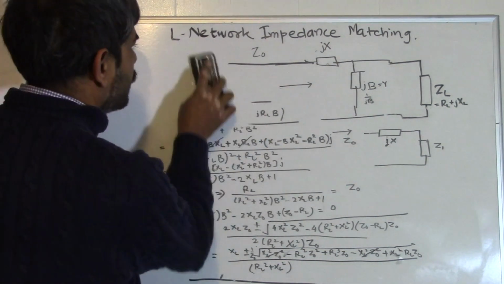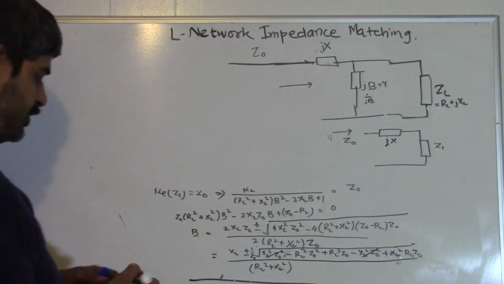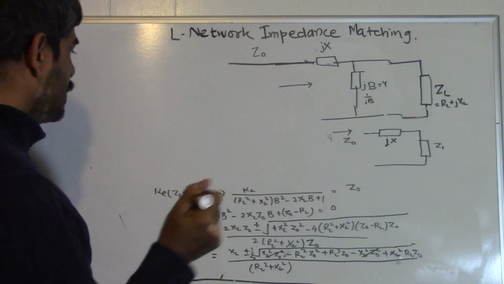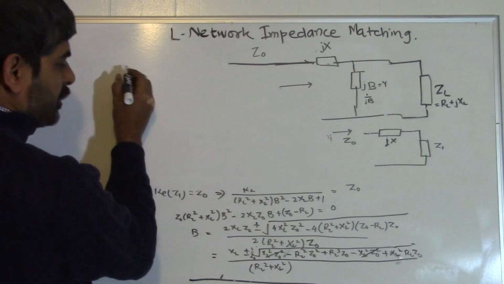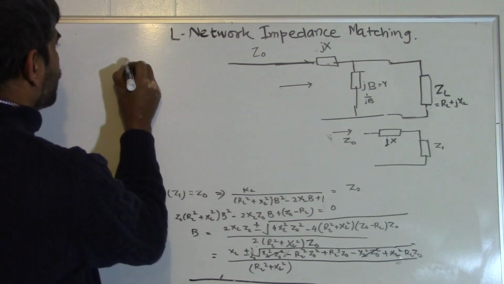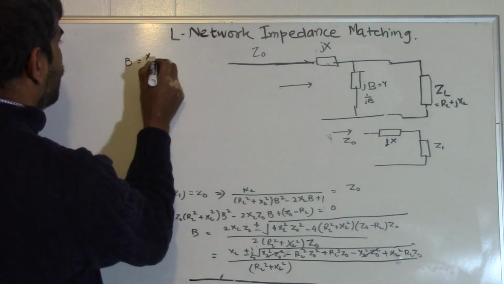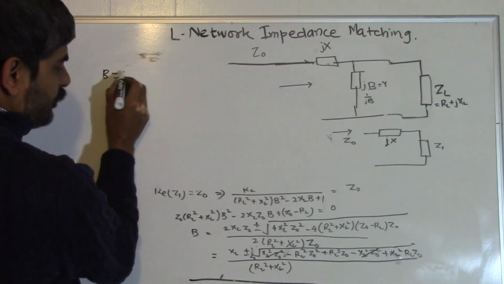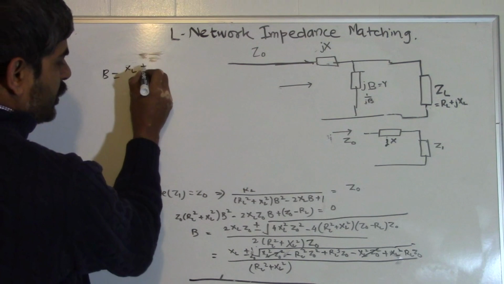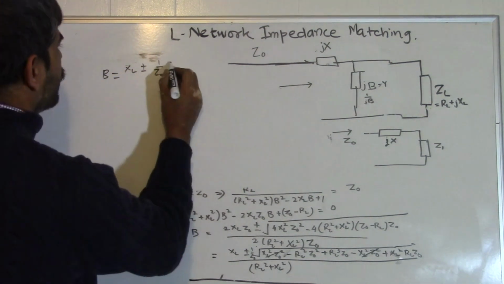Remove this whole thing. I should have kept the part before that, but let's see. We'll get B equal to XL plus minus 1 upon Z0 square root of